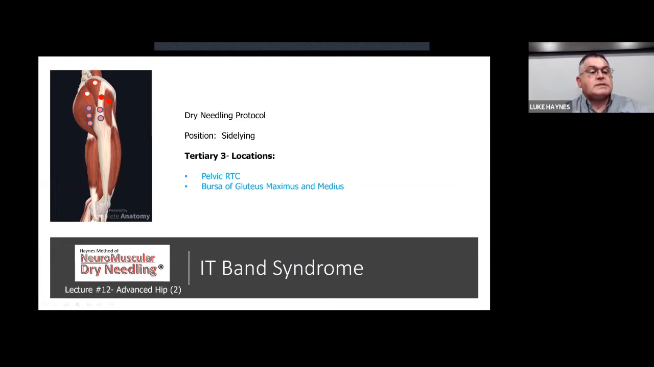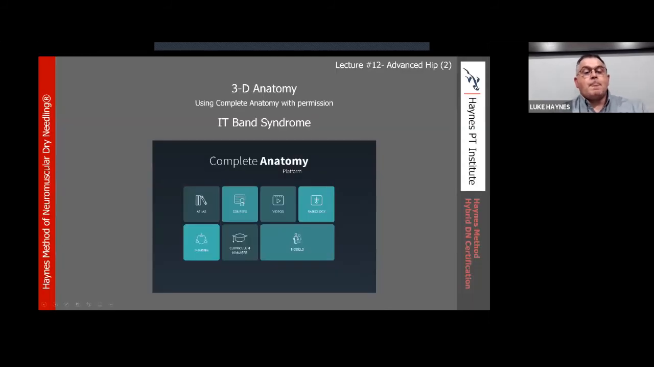So again, we're starting to see a lot of reproduction here. Just looking at this side-lying position, you can tell here is our piriformis, glute max, glute med, glute min. We've specifically gone after TFL, and then the bursa, glute max, glute med, and then piriformis and the rotators. So you're starting to see a pattern of some commonality here. So let's jump to